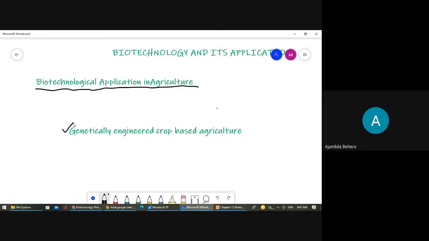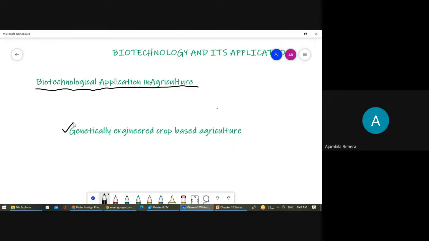Without using chemicals, we can control different pests. So the products that we are obtaining, the fruits, vegetables, pulses, cereals, are generally free from different kinds of harmful chemicals. Different advantages are there about this